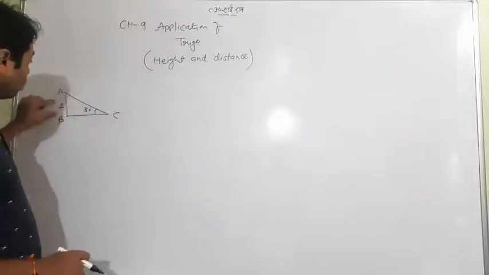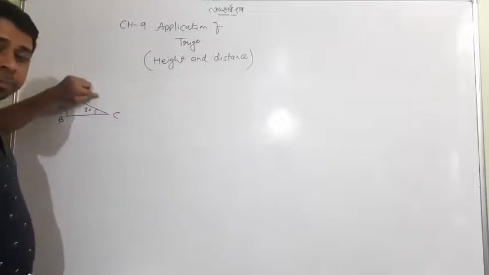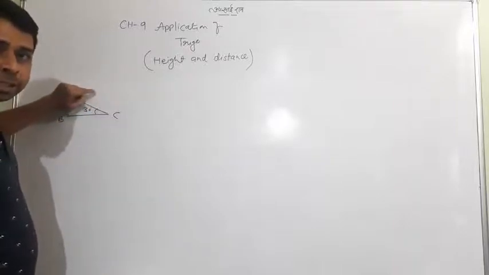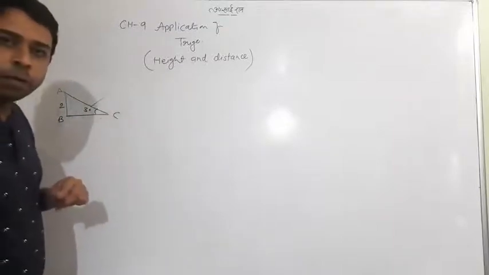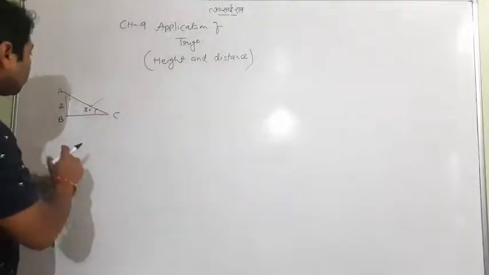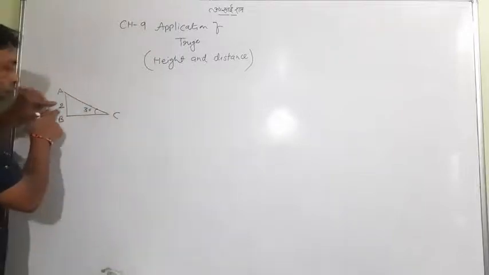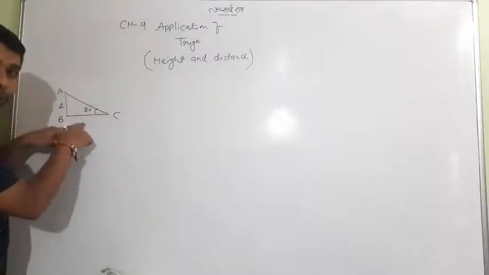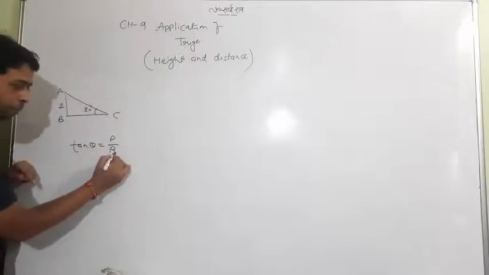Suppose you are using perpendicular upon hypotenuse, meaning sine theta, so if perpendicular is known, by the sine theta you can find the hypotenuse. So it is a very simple concept, where theta, which is given, is very powerful. This kind of question may come, you have to focus on what you want to find out. I repeat, when perpendicular is given, suppose you want to find base, go with tan theta. Tan theta means perpendicular upon base.